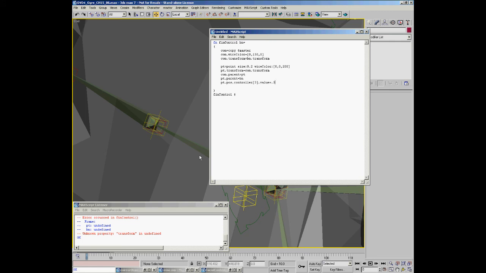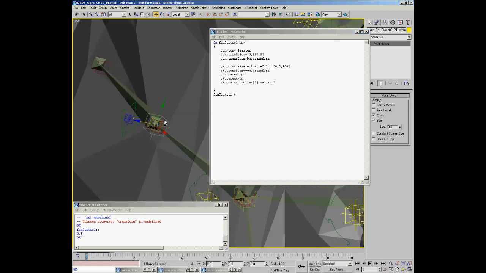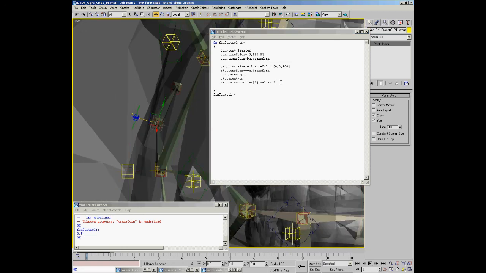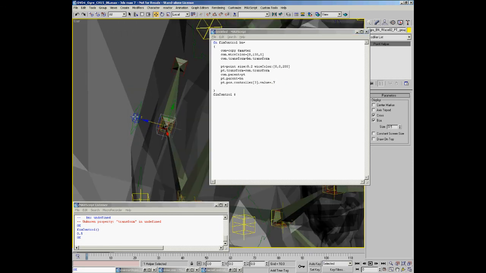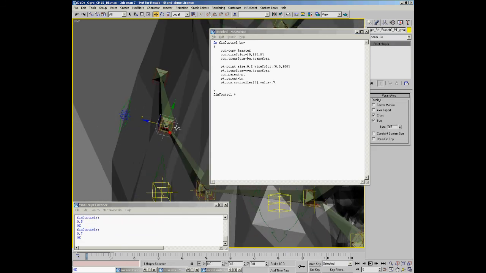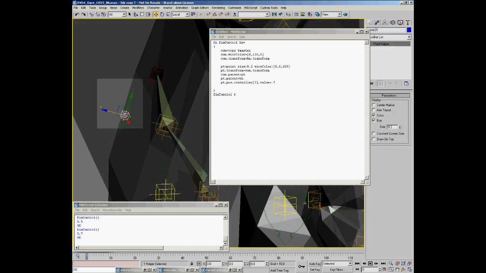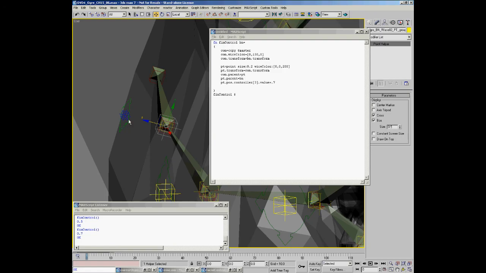So if we run that, transform in undefined again, I didn't have it selected, so there we go. Shoves it out and pushes it out 0.5, maybe a bit further. Let's try about a 0.7. We can go around and adjust them afterwards, obviously. And we'll pick our control again. And there it is. And you can see that now the control is parented to the point helper that's aligned to it, and that point helper is parented